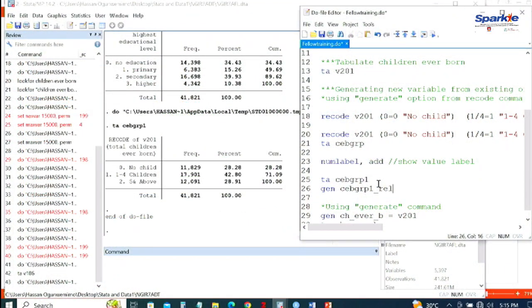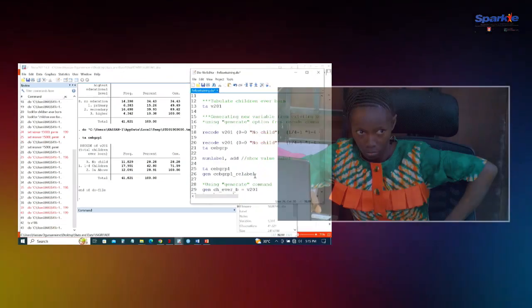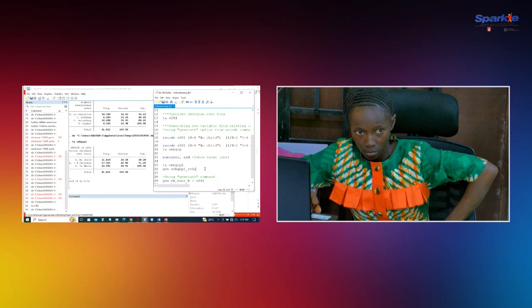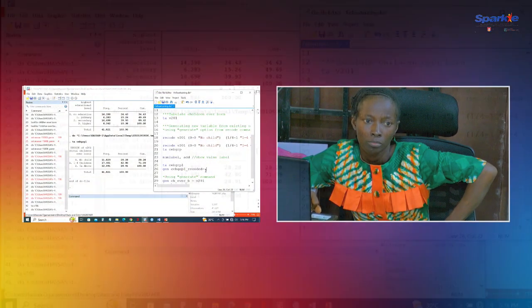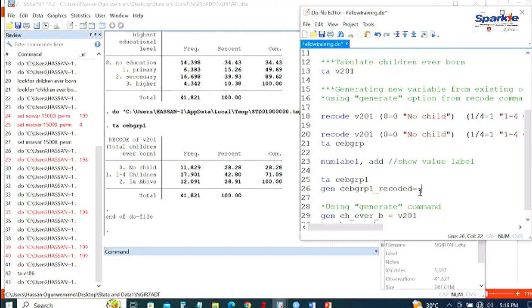This name is nothing. You can give it another name that you want. I'm trying to make it as explanatory as possible. Generate this relabel. I mean, is it relabel? No, not label now, revalued or recoded. Recoded. And then I'll say that equals nothing. That dot means nothing, right? But it is the highest value